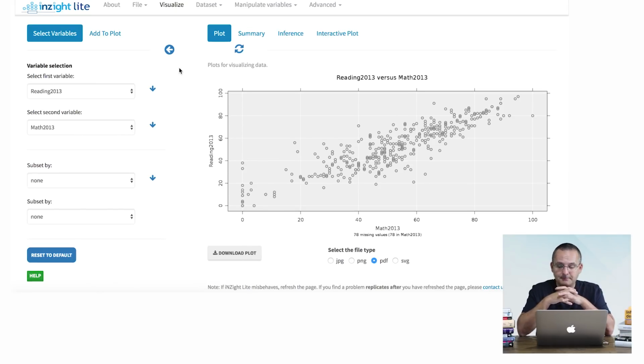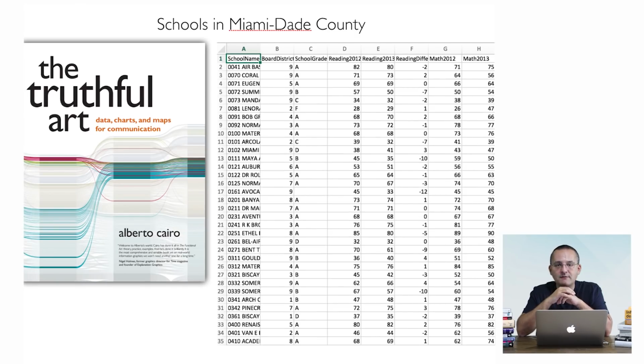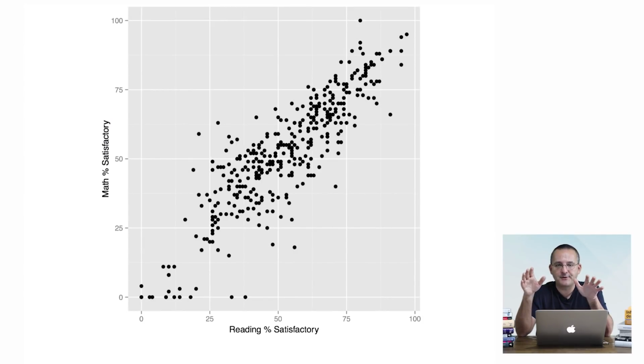Anyway, so I was saying that the most interesting thing that I discovered in this data set appeared when I did something else, which is to split the data up according to another variable. Remember that when we took a look at the data set, I mentioned that there is one variable called board district. Miami is divided into 9 board districts. These are geographic areas the city of Miami is divided into. I asked myself, well, right now on my scatter plot, I am seeing all schools together, all schools in Miami-Dade in the same chart. What happens if I create one scatter plot per board district? Let's see what I can find in the data.